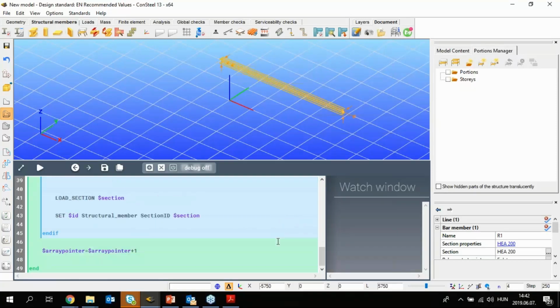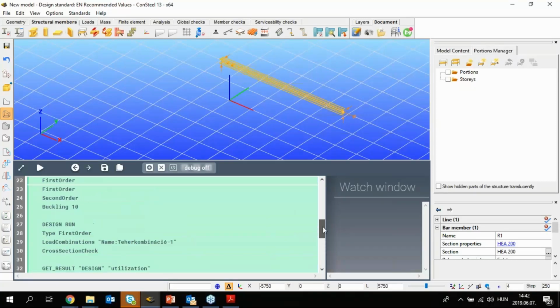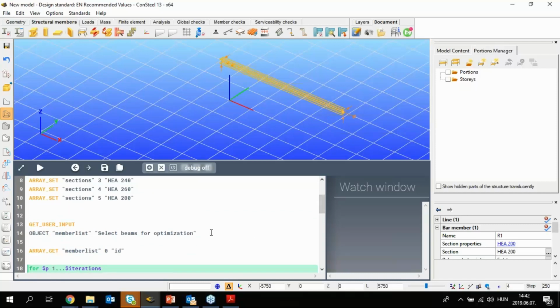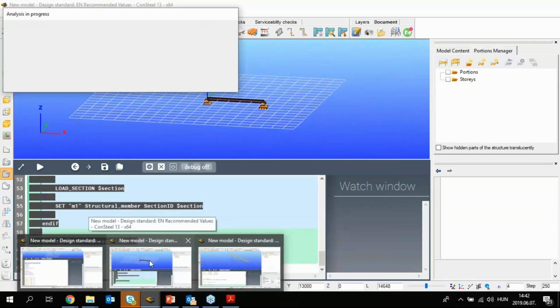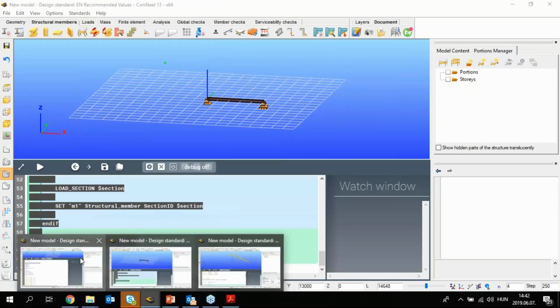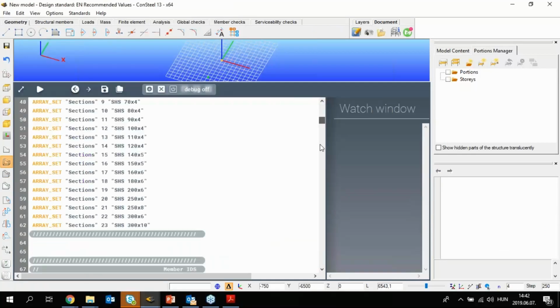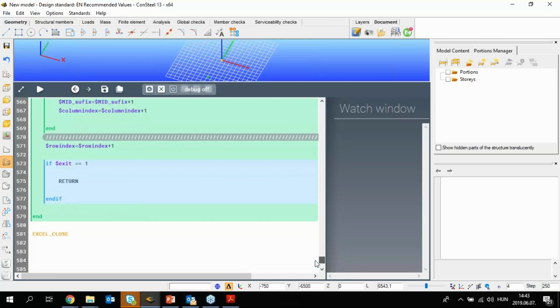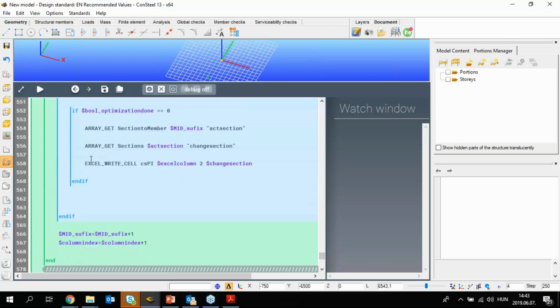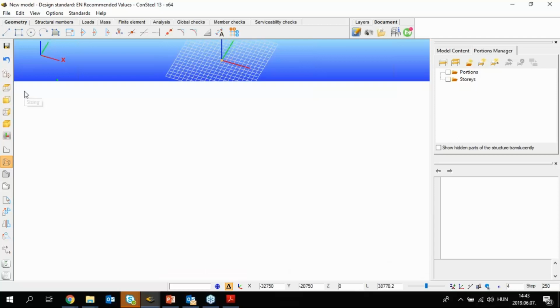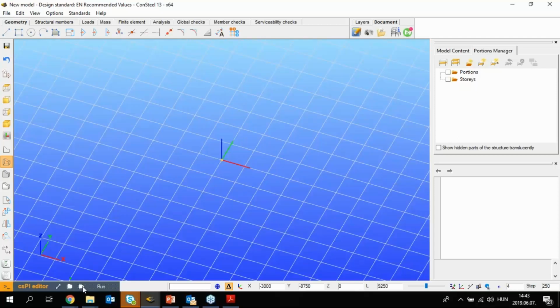Okay, actually let's move on, and I think what I wanted to show you is shown. So this is the command that you can use in models that are already built up. And the last script I wanted to show you is basically this one. And in this script we will use the Excel write cell command to write out data into Excel. And what this script does, it basically will